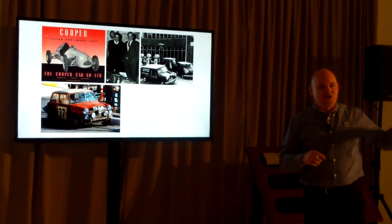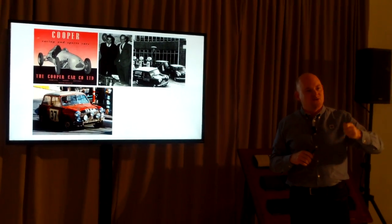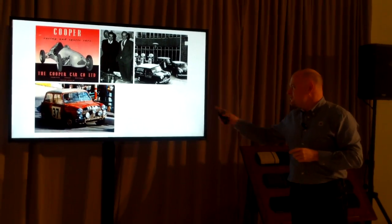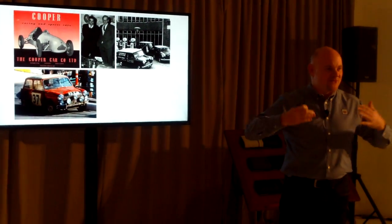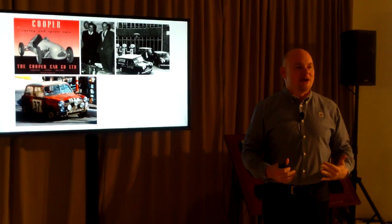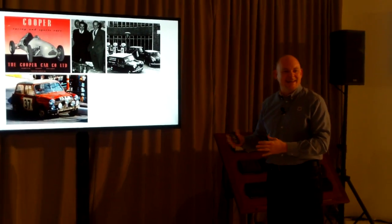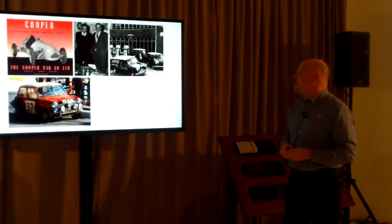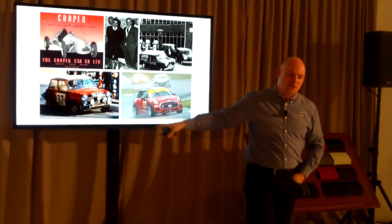In the next room, we actually have some booklets that go through a lot of the old pictures. And there's a picture of dignitaries giving the award for the car. And it's so funny, you have all these people, very prim and proper, at this prestigious race. And there's this little car sitting there. It's just so counterintuitive. But that racing history is alive and well today, because just less than 2 weeks ago,